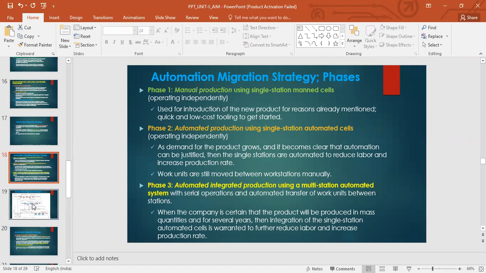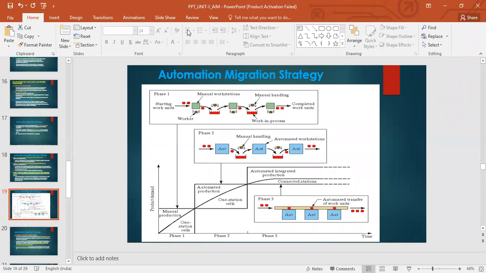You see in this diagram, this graph which is between the product demand on the y-axis and the time on the x-axis. The time we have divided into phase one, phase two, and phase three. So this indicates the time or the phases, and the y-axis indicates the product demand. Initially the demand is increasing. You have just introduced a product into the market. So in phase one, the product demand is increasing over time.